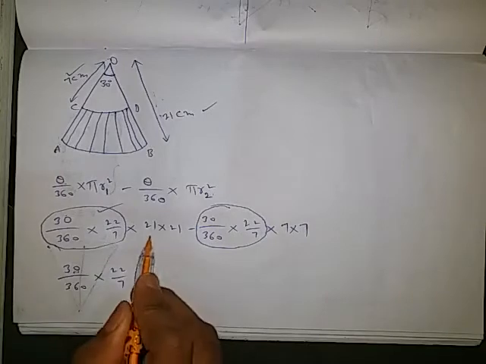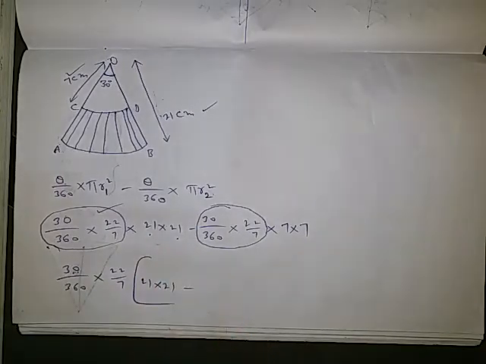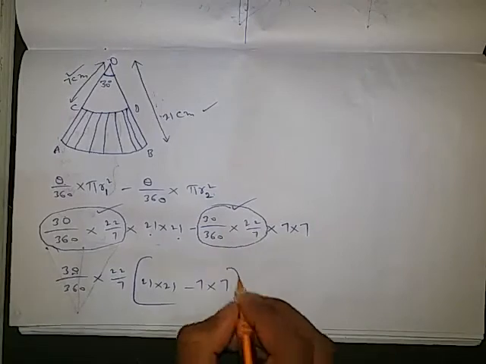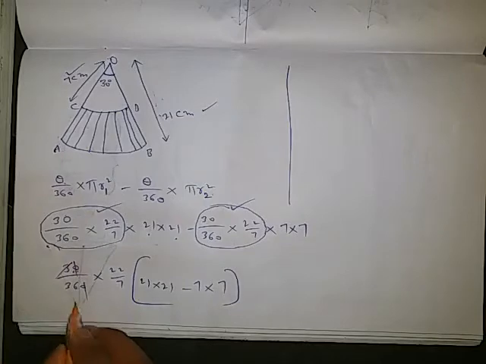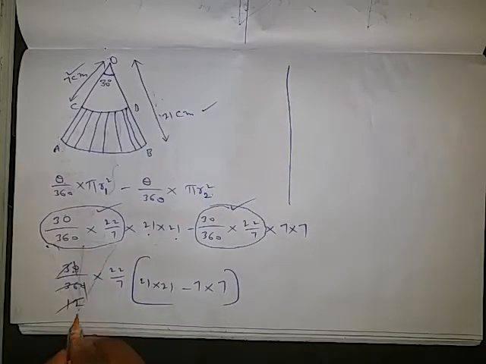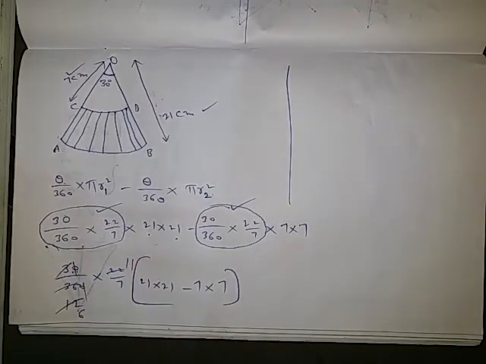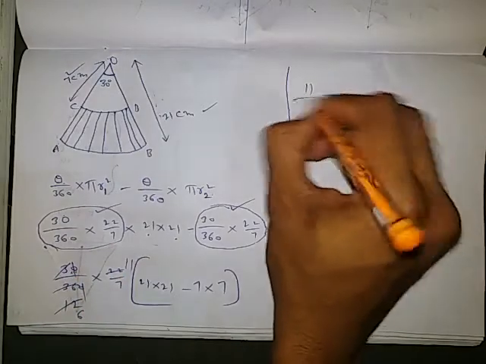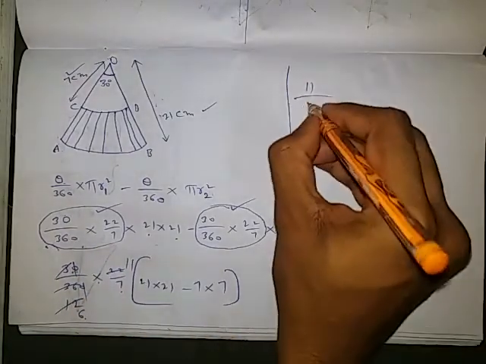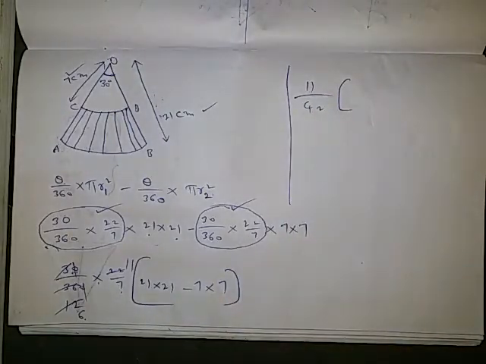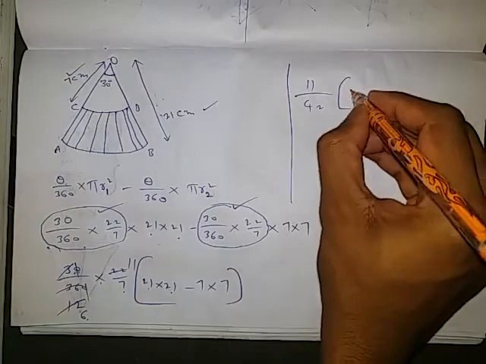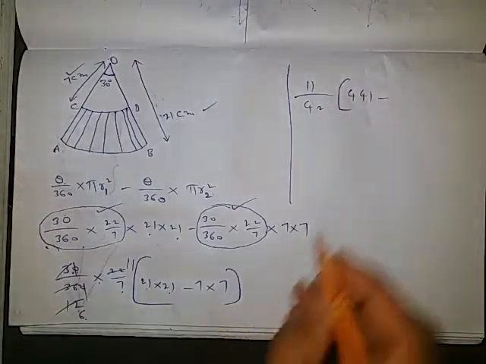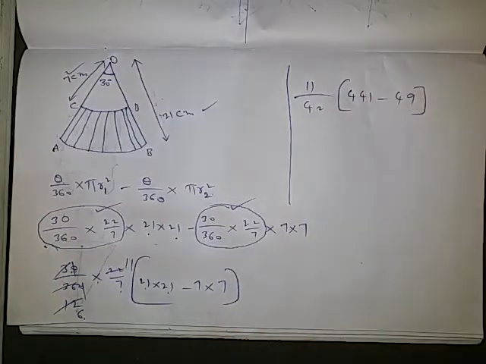So if this is completed, it remains with 21 into 21 minus, and if this is completed, it means remains with 7 into 7. Now if we check it outside, here 0 0 cancel, 3 1s are 3, 12s are, 2 6s are 2, 11s are. So outside we remain with in the numerator 11 by 6 into 7, 42 times, in the bracket 21 into 21, 441 minus 7 into 7, 49.